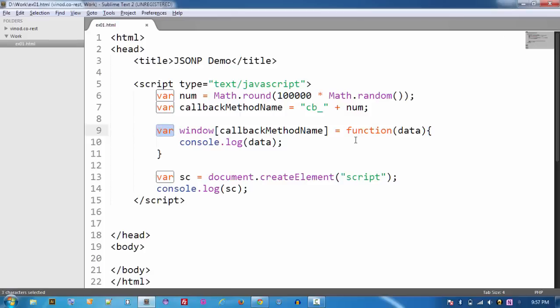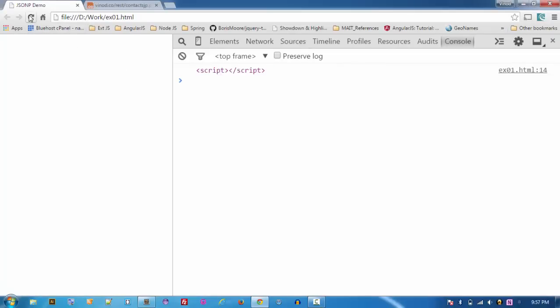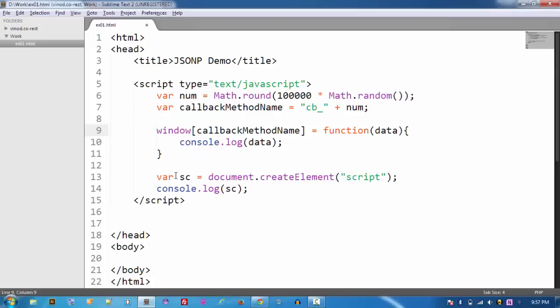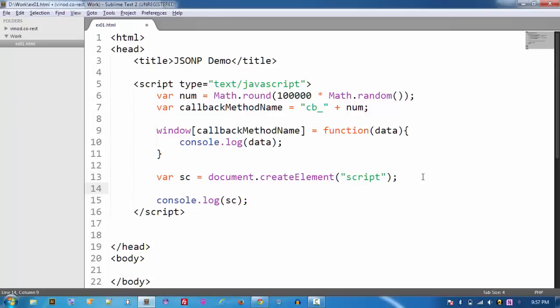So we shouldn't be having this var here, so we just create a window of this. So let's go and reload. As you can see, there is a script tag generated with this particular sc. I can give it an ID if I want, or more importantly, I can say sc.src equals to